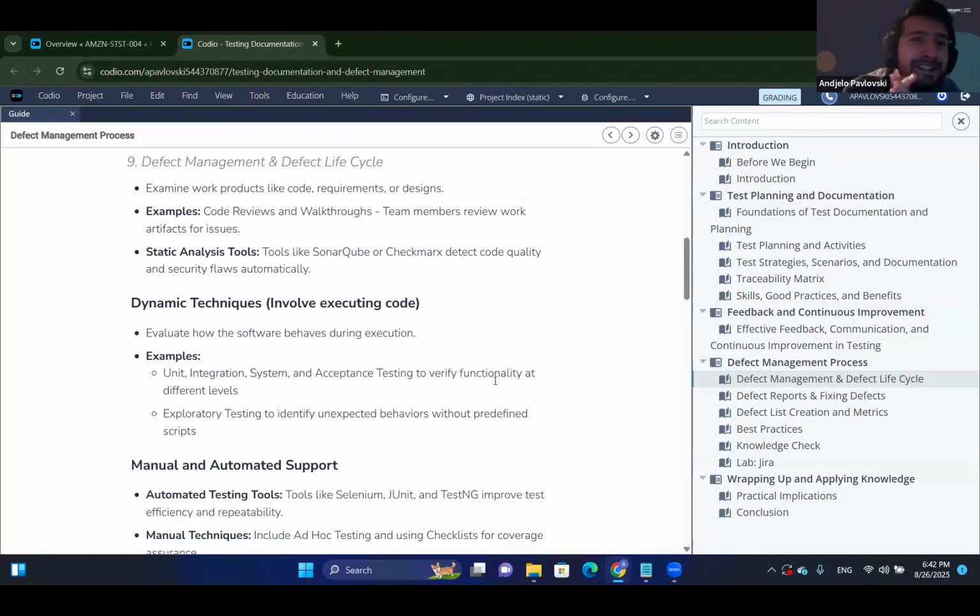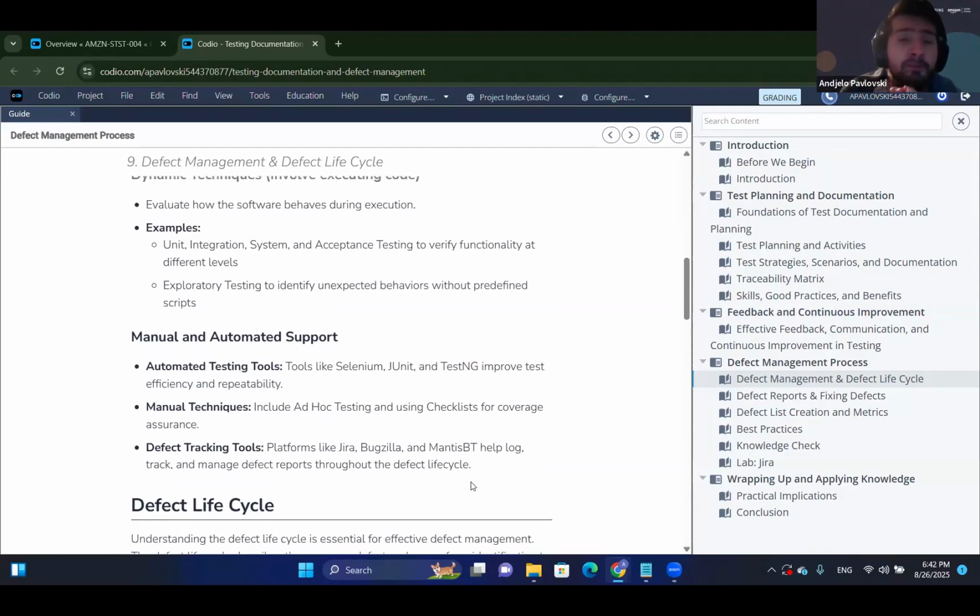Yeah, so dynamic techniques are basically evaluating how everything works in execution. So some examples would be to find issues with unit, integration, system, acceptance, basically any type of functional or non-functional testing. So it goes both ways. Security bugs, jixing, very well said. Yeah, that is correct. All right, now,